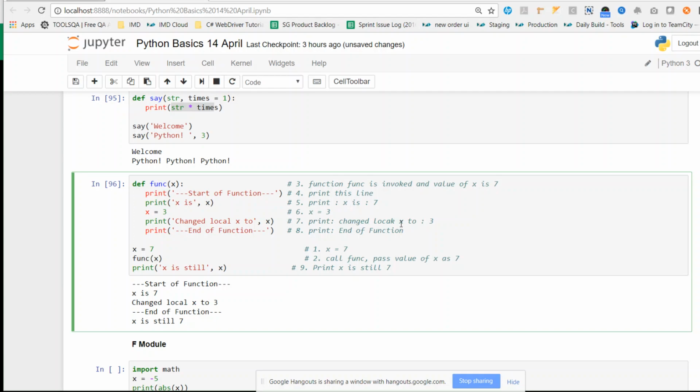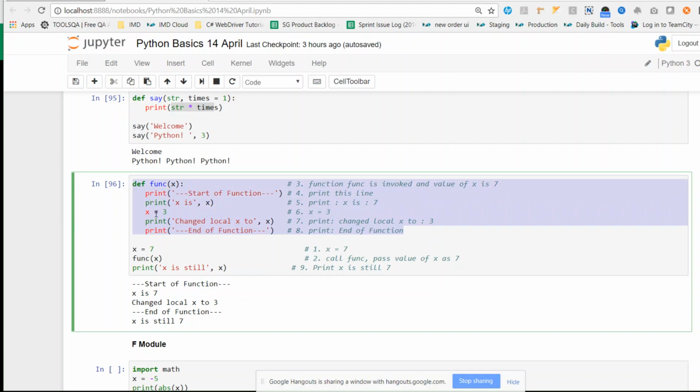Though the value of x was changed to 3 over here in step number 6, it will still print that the value of x is 7. The reason being, the scope of a variable in a function is local.